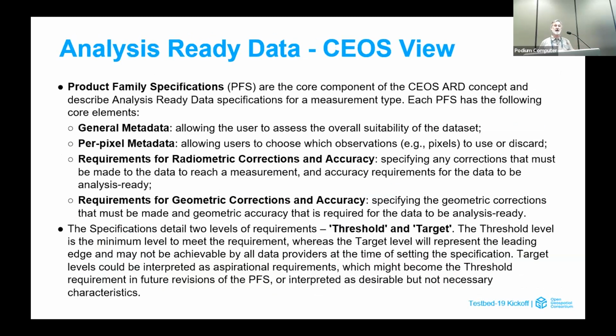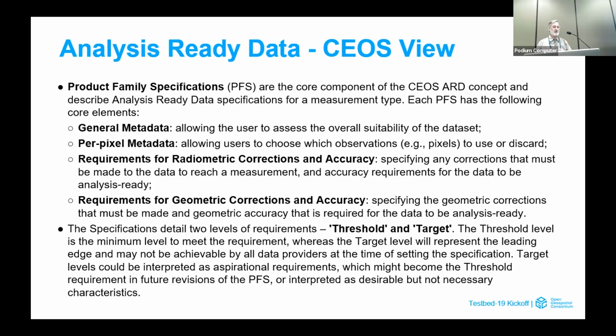So you saw the CEOS view, and I'll just pick a couple of these things out because they're what we're looking at in terms of this framework. And Matt mentioned that the first specification part is really to do this general framework out of the work so far done by CEOS. And it has 4 pieces. Probably, at least according to many people, the most important part of the first 2 is documentation, the metadata for the data sets and the metadata for every pixel so that you can decide whether that pixel is ready for analysis. The next 2 are also important, particularly for making data GIS ready, but